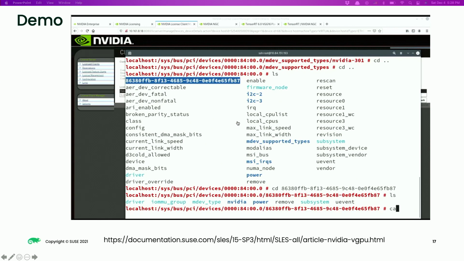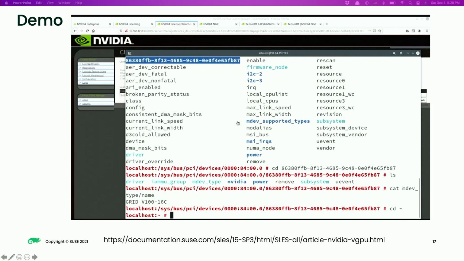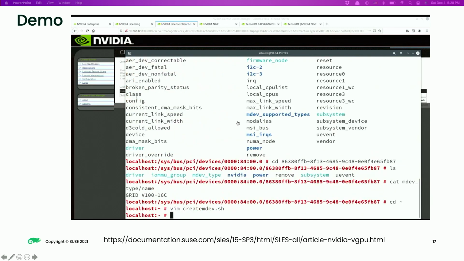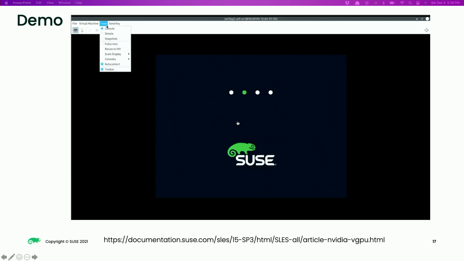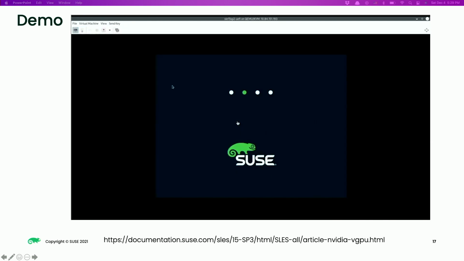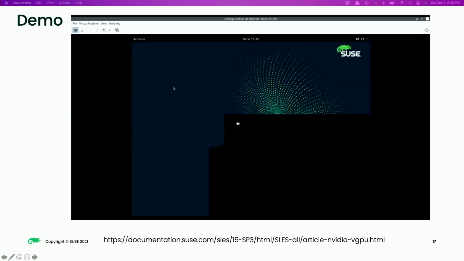Here we can remove it. Yeah, you can check the details. I created a V116C. Basically, it means this vGPU has 16 GB memory and is for compute purposes. So I add it to a VM there. I already did. This part is quite straightforward. You just add this command line to pass it through to the VM via the VFIO device platform.